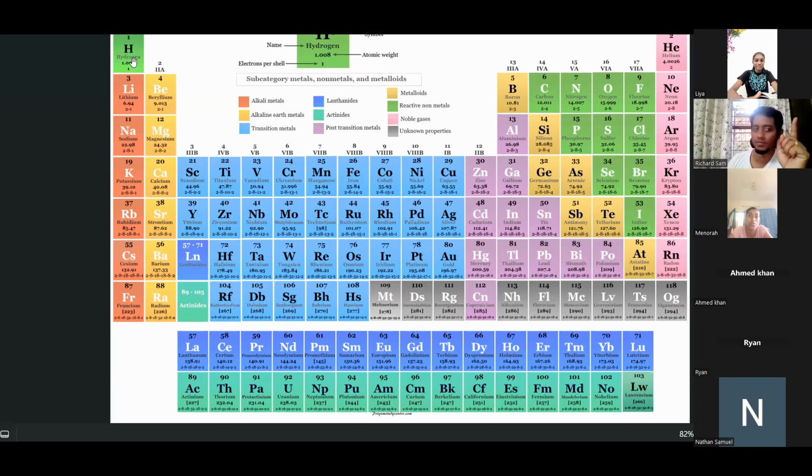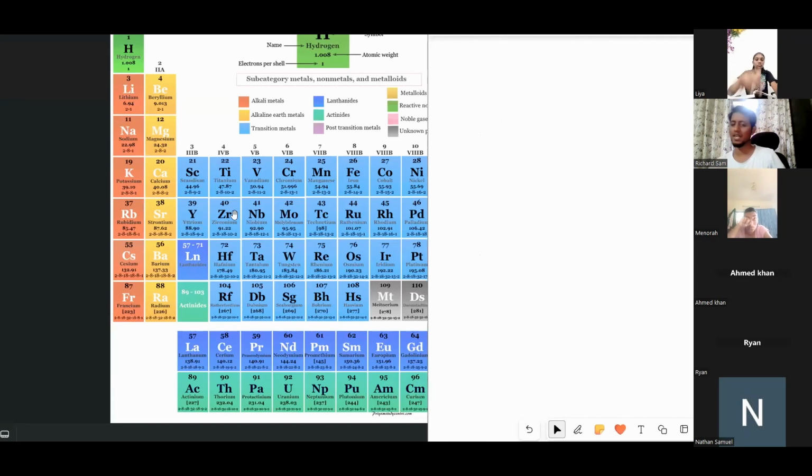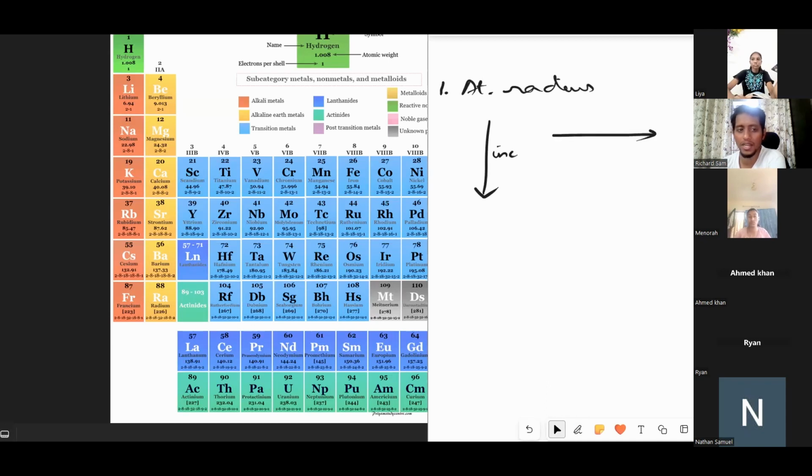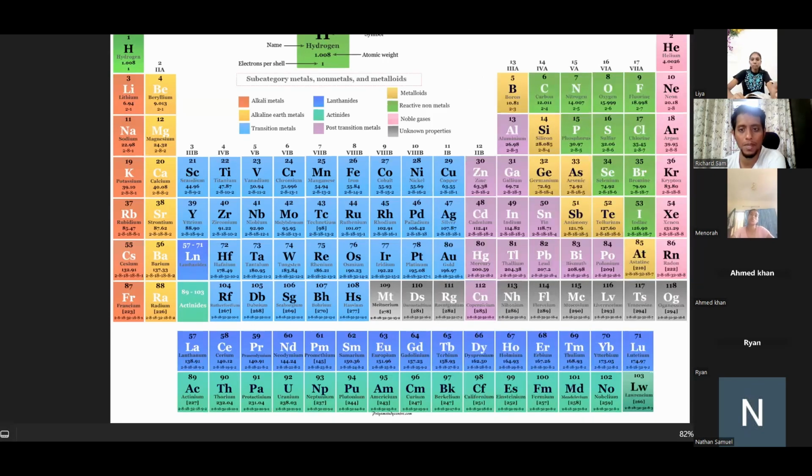Hydrogen has only one orbit. Lithium has two orbits, then three orbits, four orbits, five orbits, six orbits, and seven orbits. So as we go down the group, the atomic radius increases. Okay, let's write the first trend, that is atomic radius. As you go down, what happens to the atomic radius? Increases. Now, as you go right along a period, for example, lithium, beryllium, boron, carbon, nitrogen, oxygen, fluorine, neon,